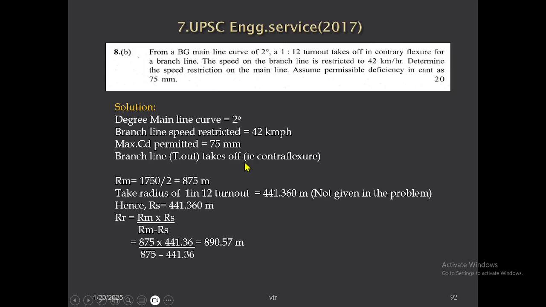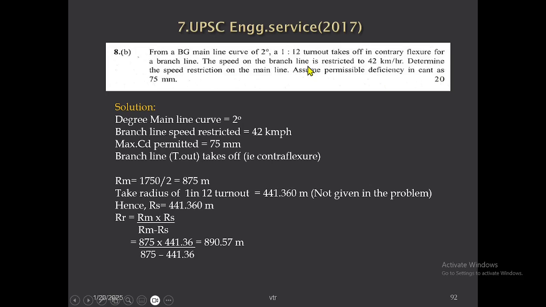And the other one is UPSC Engineering Services 2017. Here also there is a contraflexure problem. Here they have given only a 1 in 12 turnout. Okay. Previous